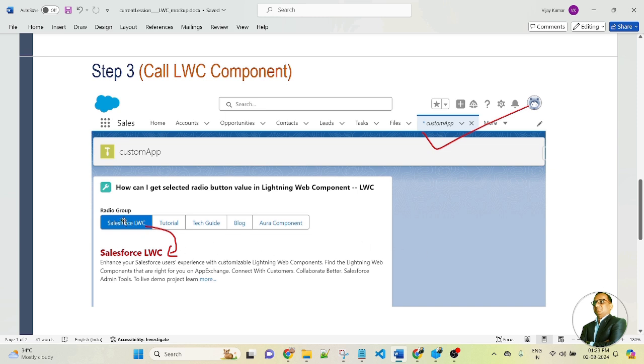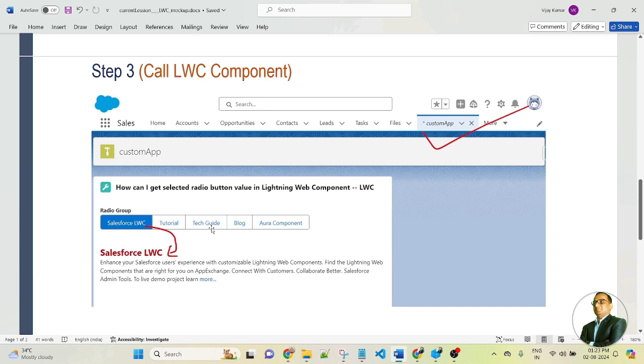So here you can see in the component, I created multiple tabs. Once you click on a tab, the corresponding data of the tab will be displayed here. Once I click on the tutorial tab, the previous tab data will be hidden and the current data will be displayed below.